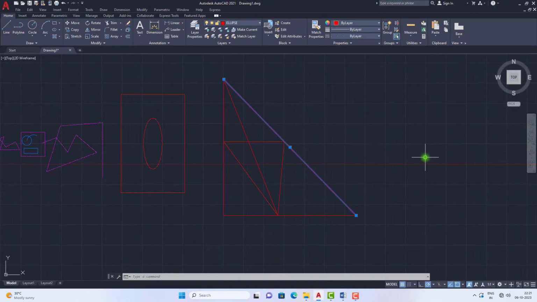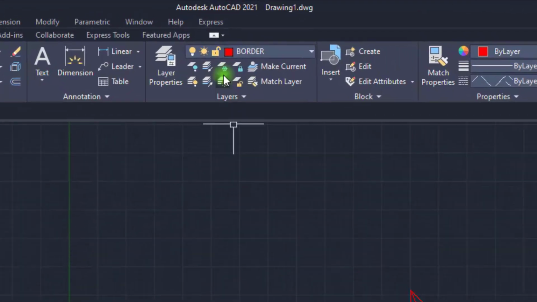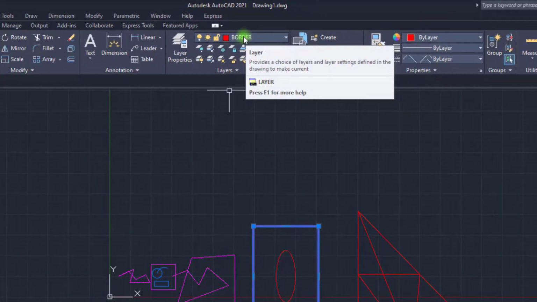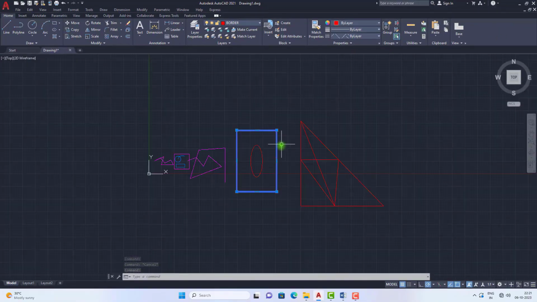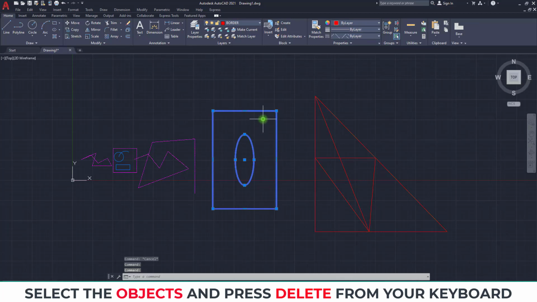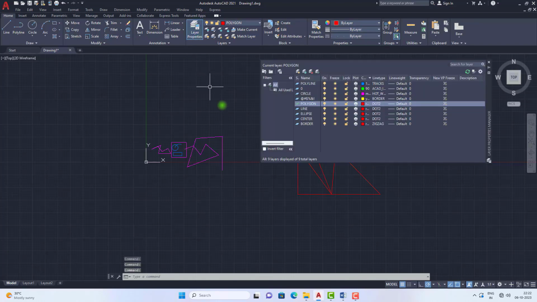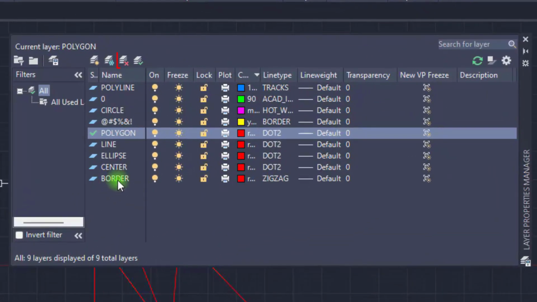Or you can select this one and it will show it is in the border layer. Now I am willing to delete this border layer, so I select these objects and press delete on your keyboard so that those objects will be deleted. Now go to the layer properties. In this dialog box, just select this border layer and click on this delete layer.